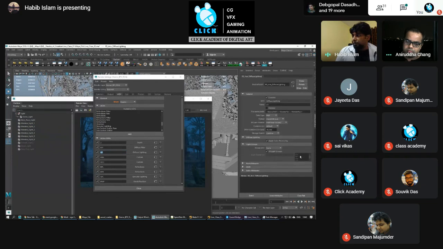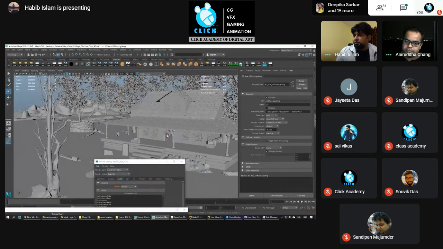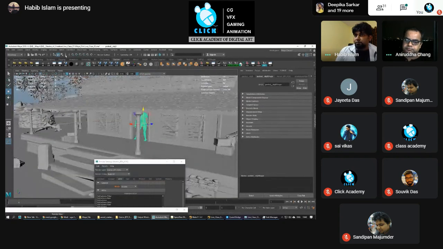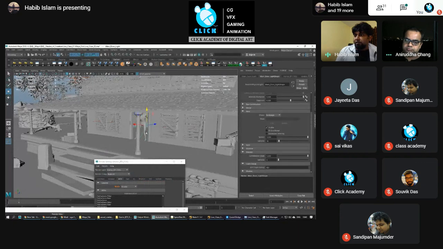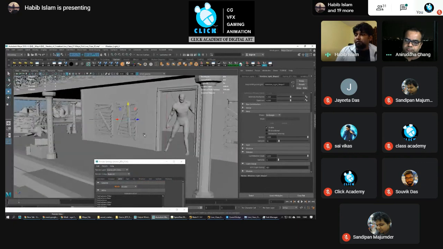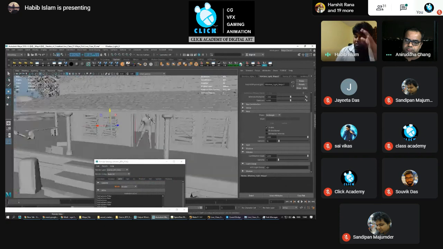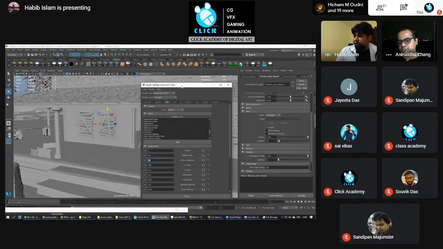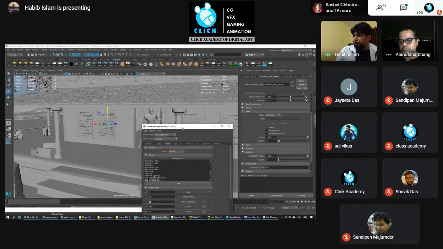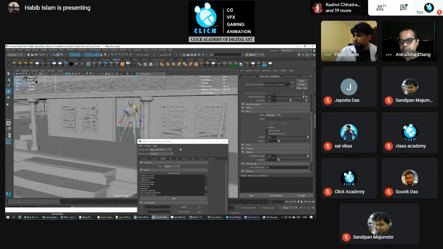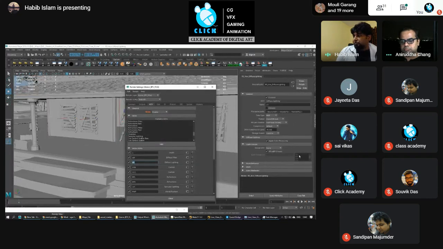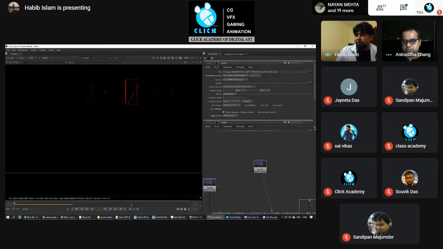You can render all the light passes separately. Suppose this light I want to render as a key light, or this other light I want to. It will be rendering one image only, but you will get the separation. In compositing, we can control the lights separately. That is called separate light passes. Okay. So for all these lights, I have separated the lights, like this is key light and the other light passes. So here, if you go to light passes, this is the light key pass.